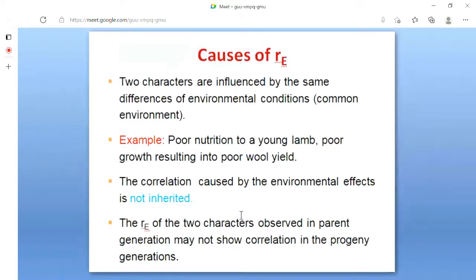And you know that this correlation caused by the environmental effect is not inherited. This poor nutrition may change from time to time. Next time we may be giving